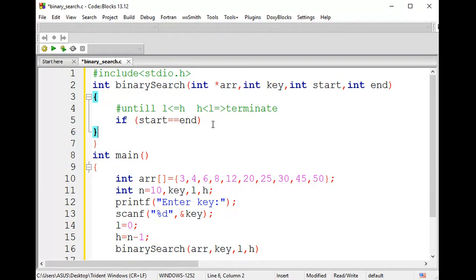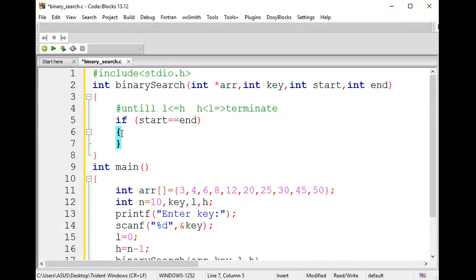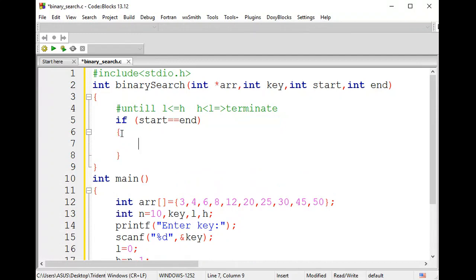If the start value and end value are equal, I'm going to apply one condition here. Let me tell you what the condition is. Inside this I'll have one if. I'll check if my array of start value is equal to my key value.